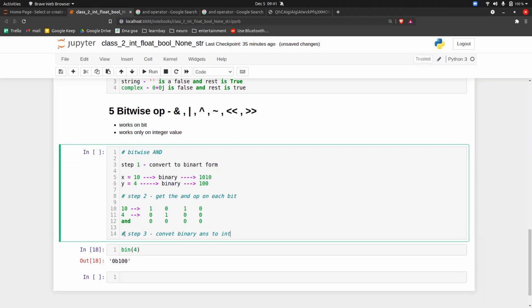So how to do it? Inside a print statement, just write the answer, so 0, 0, 0, 0. And what is the notation for binary numbers? If you remember, 0b is the notation, right? So you have to follow that notation, guys.